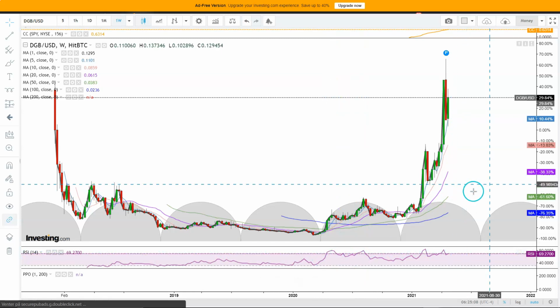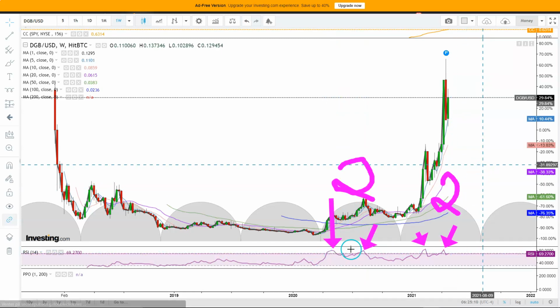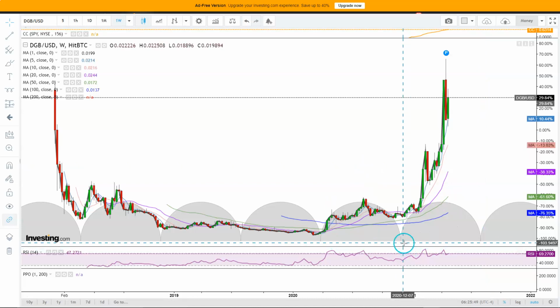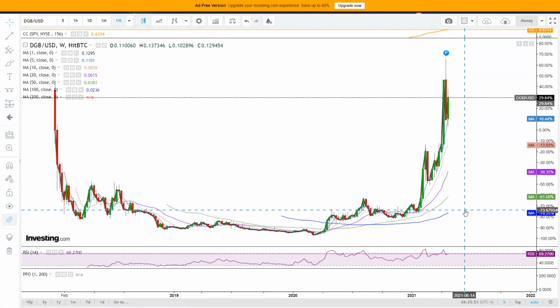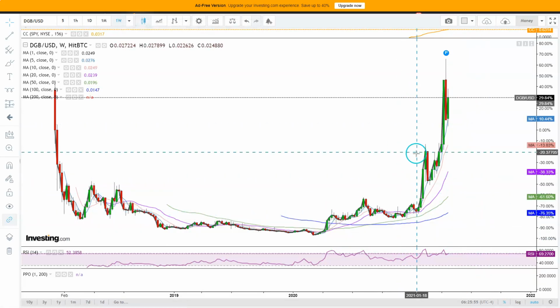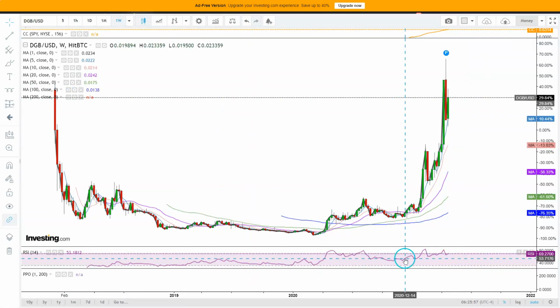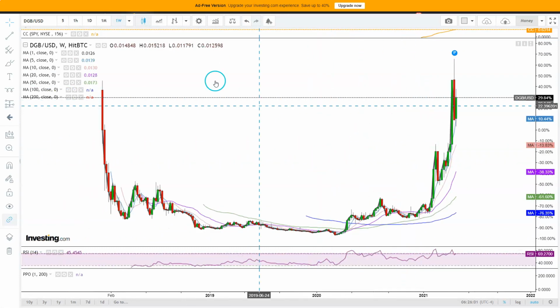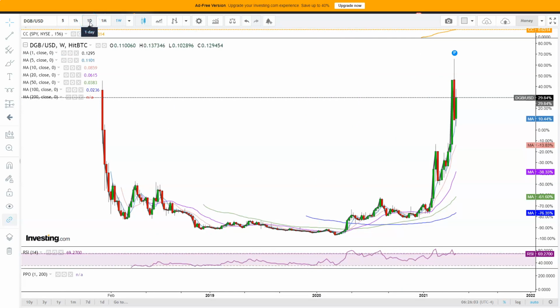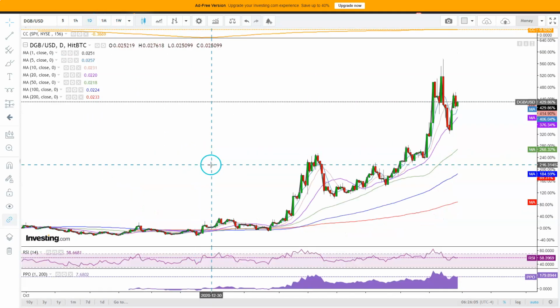If we do look at this time cycle, you see that we did form this double topping pattern here. So here you have a double top on the RSI, and here you also unfortunately do have a double top on the RSI. So that is more supportive of a bearish thesis, long term. Long term in the sense that we are looking at the weekly data points. So the weeklies here, yes, we do have a bit of a bearish situation, but let's look here at the